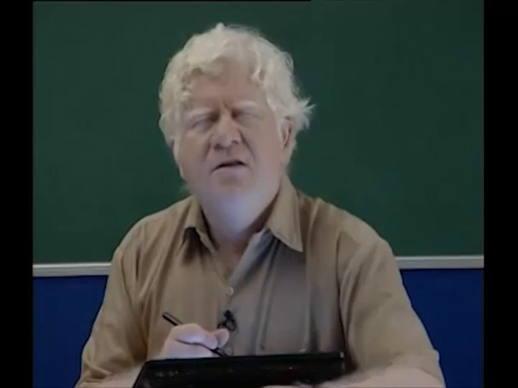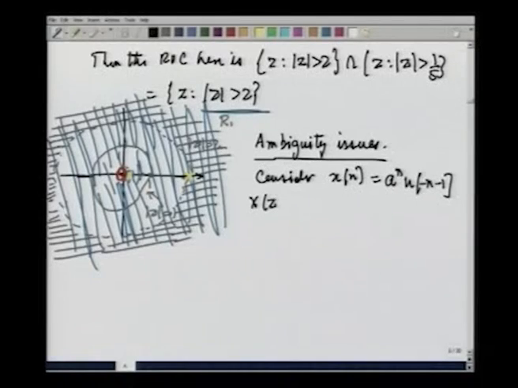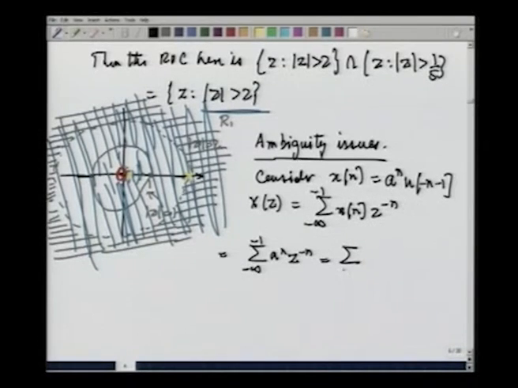Now let us see if we can find the Z transform of this. X z equals summation, because there is u minus n minus 1, it is summation from minus infinity to minus 1 of x n z to the minus n, which equals summation minus infinity to minus 1 of a to the n z to the minus n, which can be written as, taking n dash to be minus n, this will become summation 1 to infinity of a to the minus n z to the n,